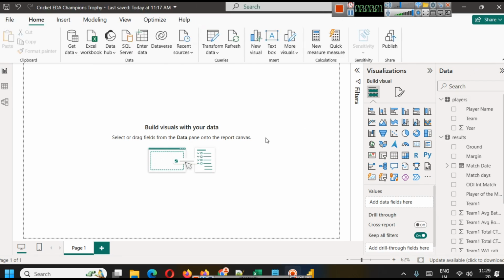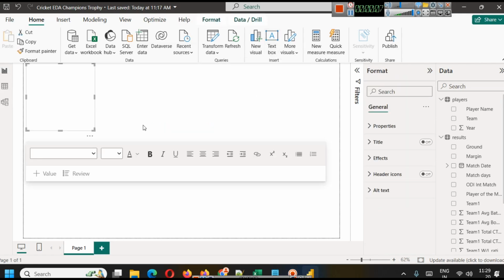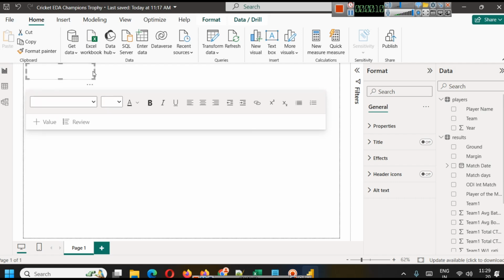Now, before establishing relationships, first what we are going to do is simply create a text box here, and in the text box we will put the heading of what we are going to do. So we are going to do ICC Champions Trophy Cricket analysis,